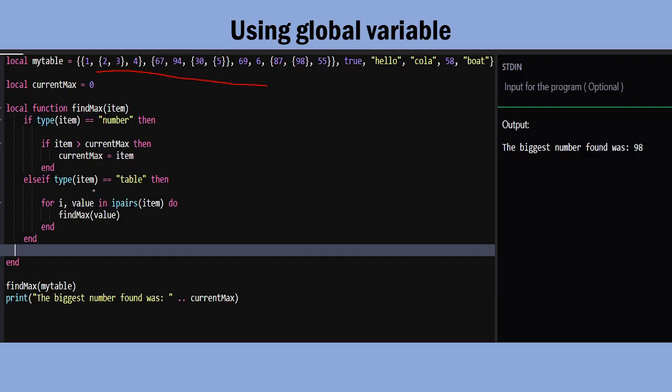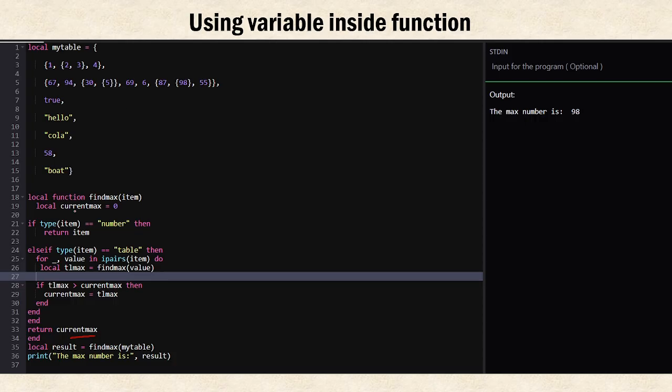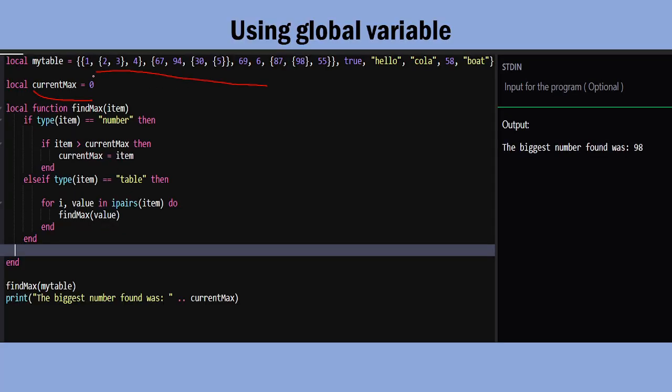I can't use the same. So I made a variable called current max. This time it is outside the function. Last time you can see it was inside of the function, and this time it's outside the function. So the variable is shared by the whole program. So instead of returning the answer for each recursive call, this function directly updates the variable